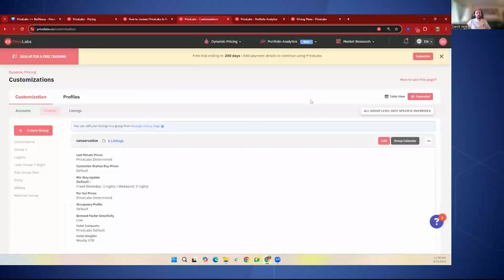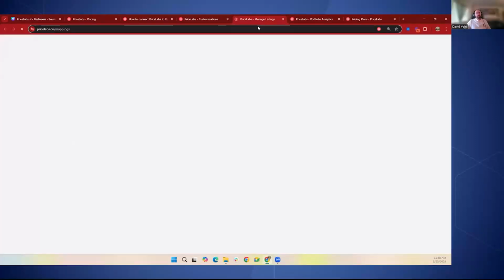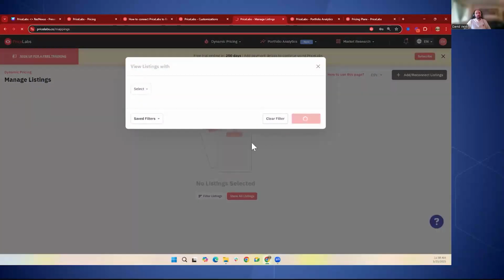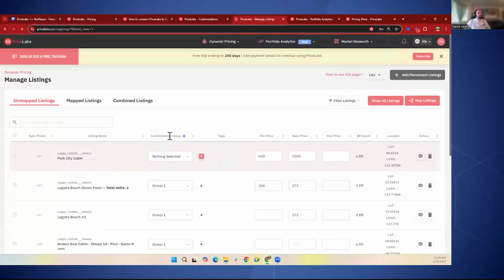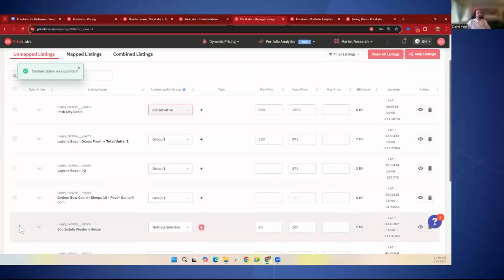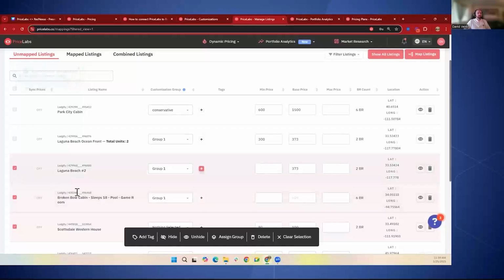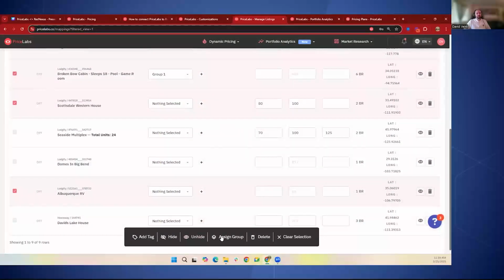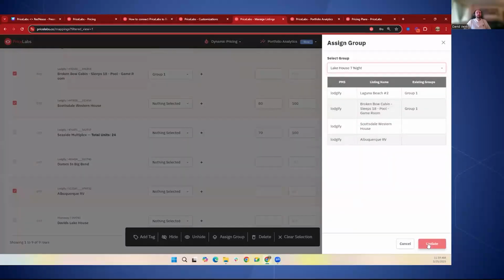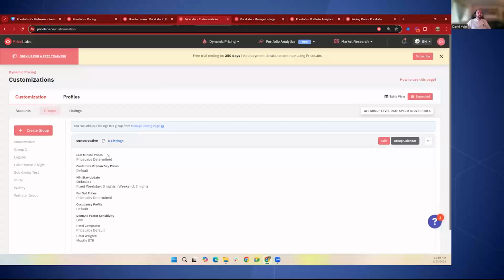You give it a name, and then, like it says here, you can add your listings to a group from the Manage Listings page. Once you have a group created, this is where you would assign listings to that group, in this page. And it's pretty straightforward. Here, this column, you can say, add it to this group, or if you're doing a bunch at once, there's the checkbox option where you can check all of the ones that are supposed to be in the group. Then you say assign group, and I'm just kind of randomly assigning stuff. But anyway, then once they're assigned, you can click edit here,